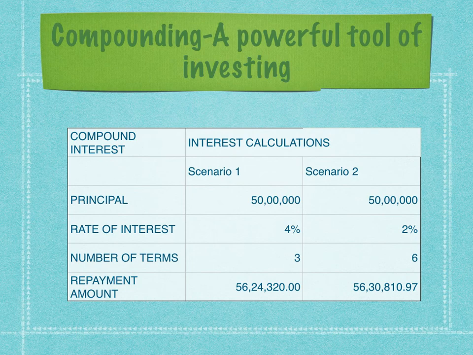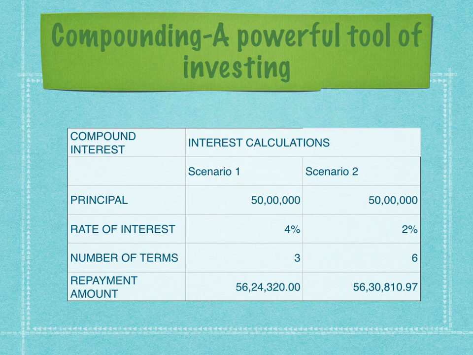All I did to find out the repayment value is go to Excel and use the function of future value. Or you can do it on your scientific calculator also. A is equal to P open bracket 1 plus R divided by 100 raised to the power of n. The repayment amount comes to, at the end of 3 years, Dr. Strange gets $5.6 million or 56 lakhs in his account. In these 3 years, there is no cash flow between the bank and Dr. Strange. That is very important to remember.